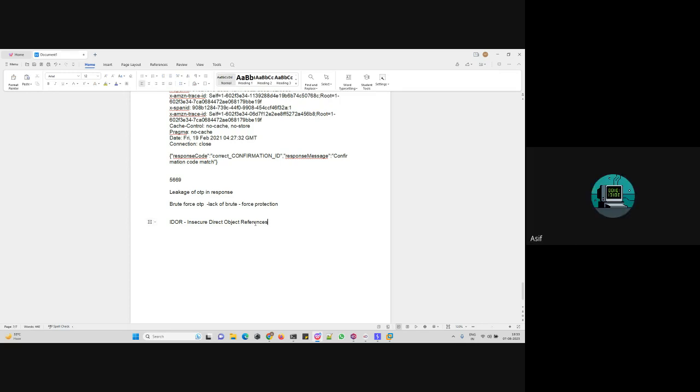So what is IDOR? The full form of IDOR is Insecure Direct Object Reference. In simple language, let me explain it. This is a vulnerability. If the vulnerability is present, the attacker is able to access, manipulate, or modify an ID which should not be